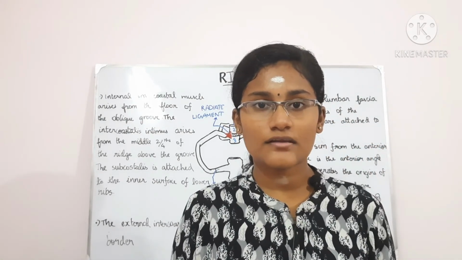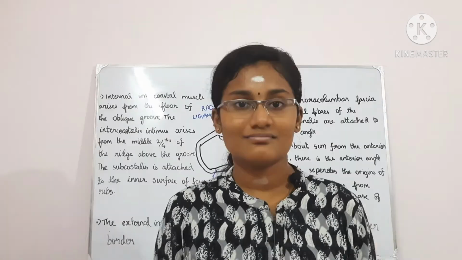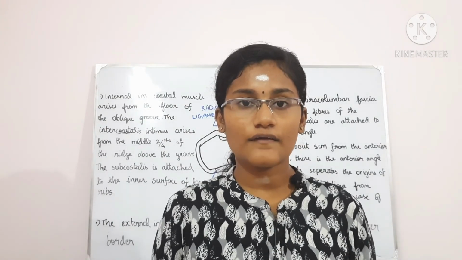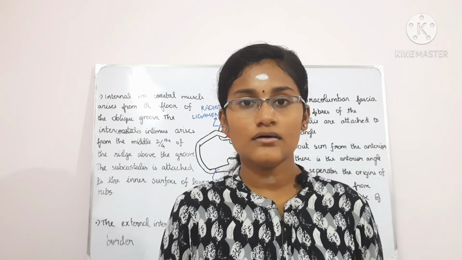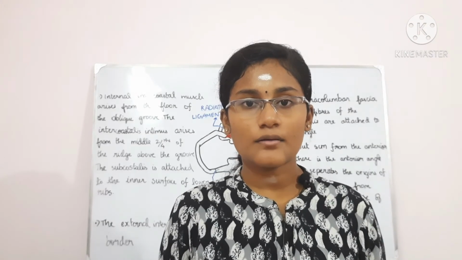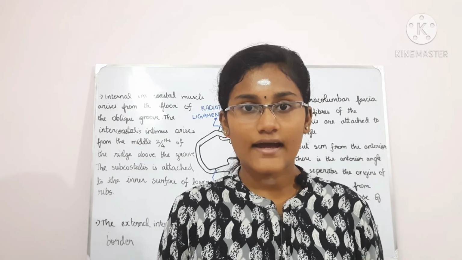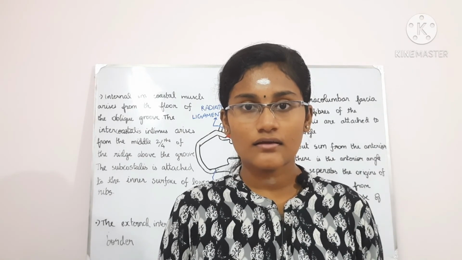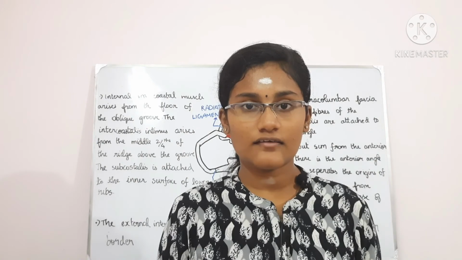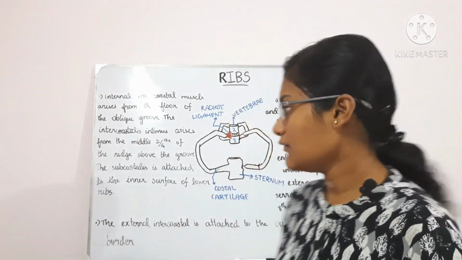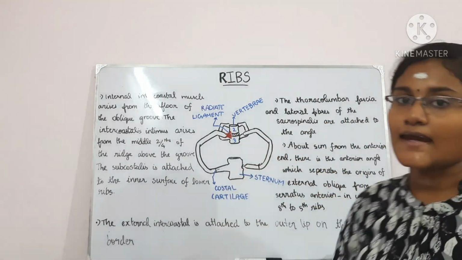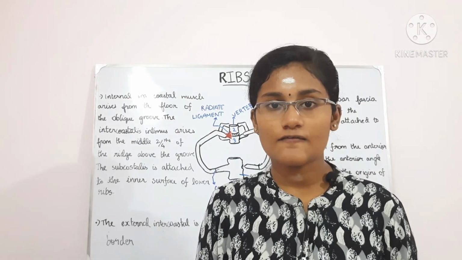So the last topic is going to be ossification. Now let's talk about the ossification of a typical rib. The typical rib ossifies in cartilage from one primary center and three secondary centers. The primary center appears in the shaft near the angle, over here, at the 8th week of intrauterine life.